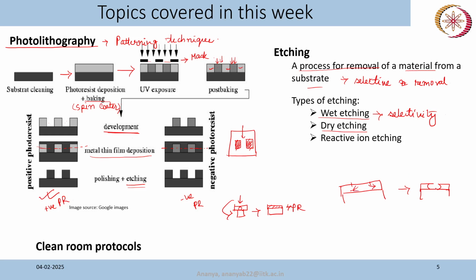These are not very directional, but if you use a dry etching technique, then it will be directional. Now the best thing will be if you can combine these two, and that is what is done in reactive ion etching. So the selectivity of wet etching and the directionality of dry etching are combined in reactive ion etching,